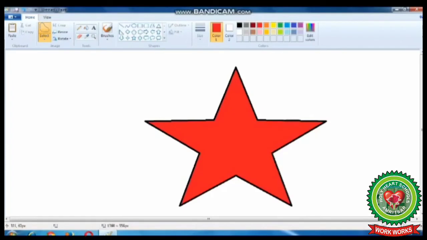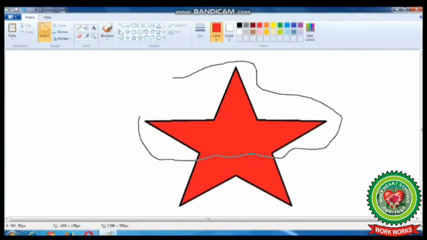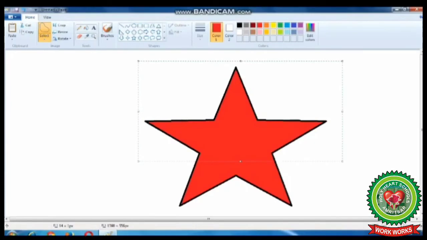Then after that, come to drawing area and start selecting the part of the image according to your own choice. Like here, I have selected half part of the star.